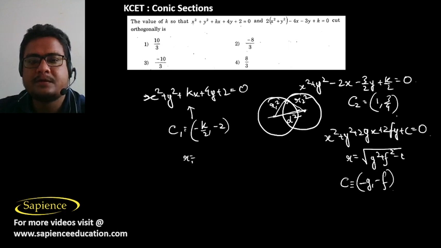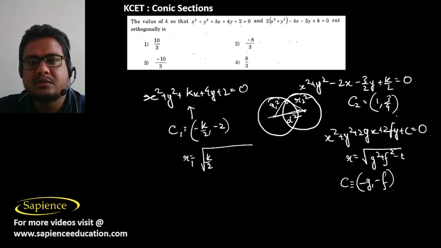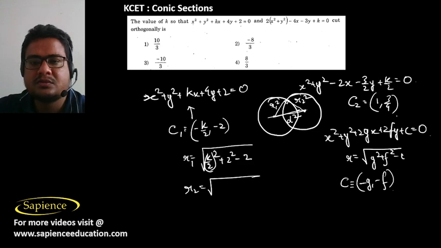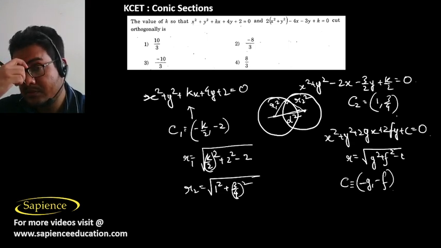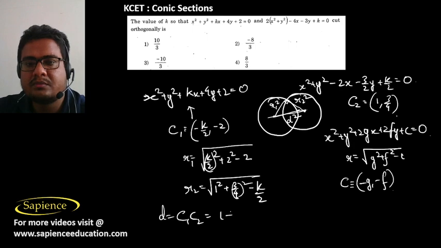And here the radius r1 will be given as the square root of g square plus f square minus c, and r2 is equal to the square root of g square plus f square minus c. And c1c2, the distance between their centers, which is d, will be equal to (1 plus k by 2) whole square